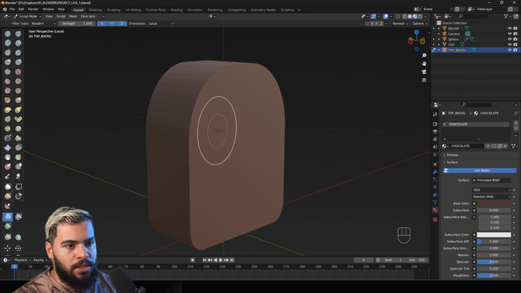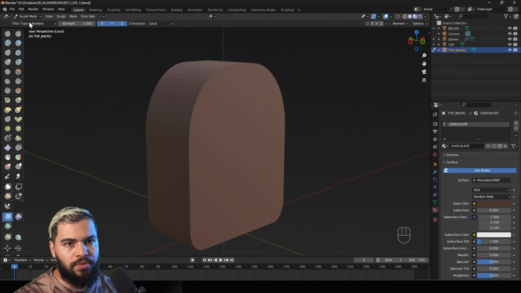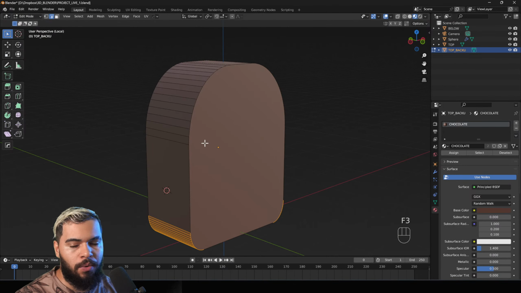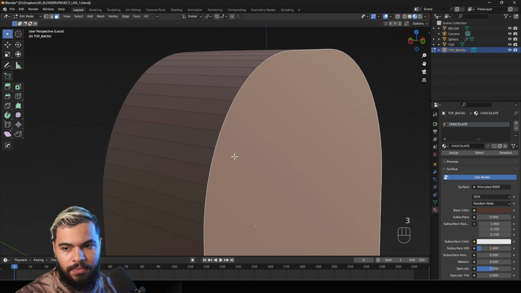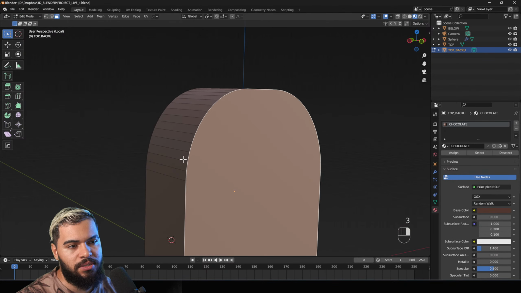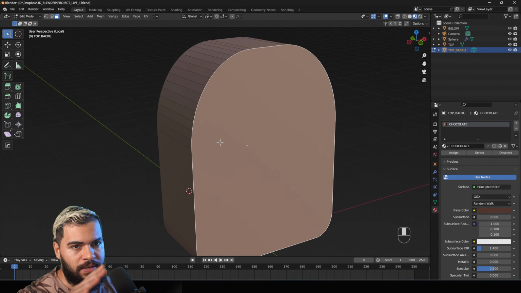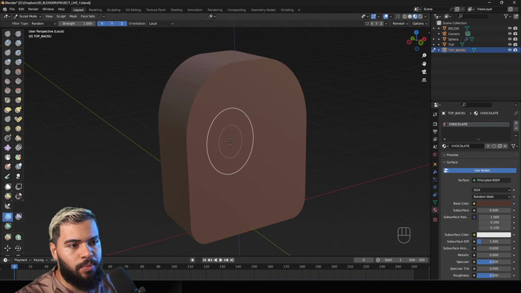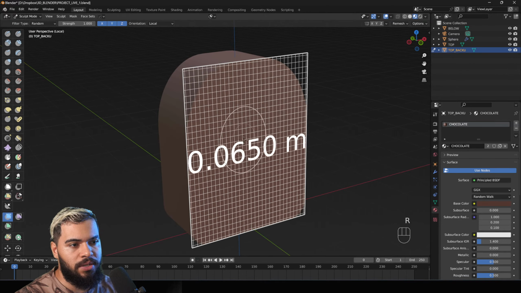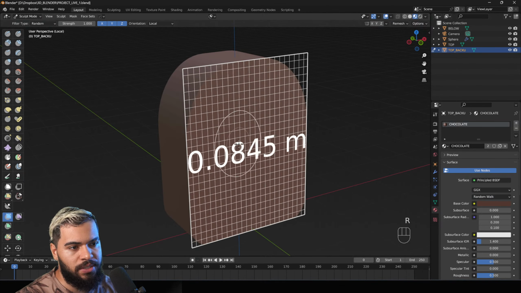First of all, just to give you this context, by default, our shape looks like this. Our object is just these planes here. When you go to sculpt mode and press R, you can see that we have this kind of grid.